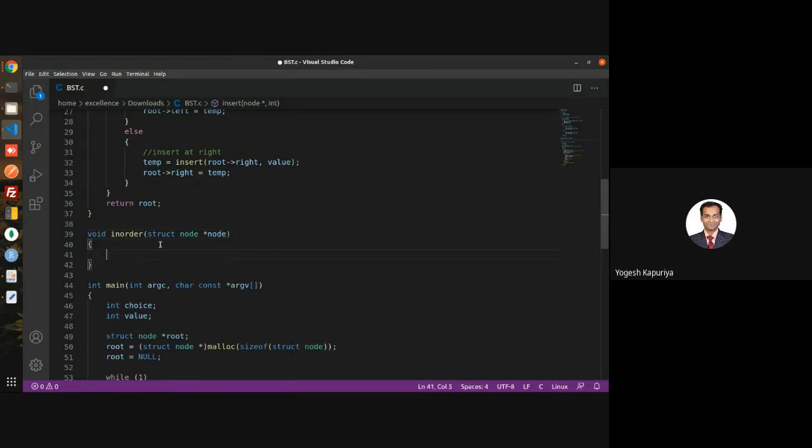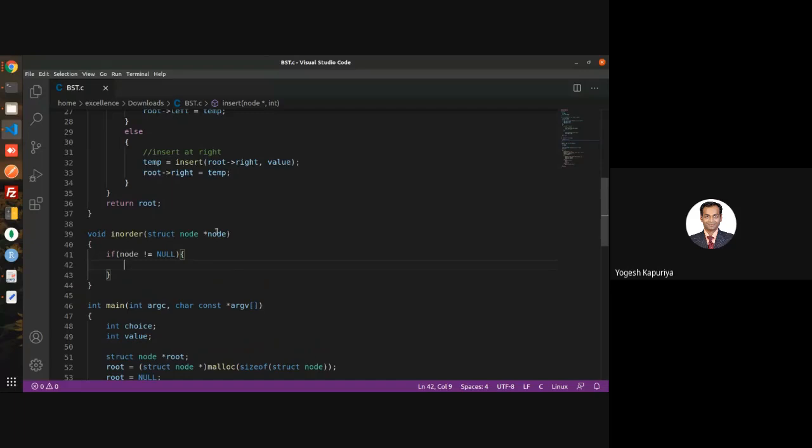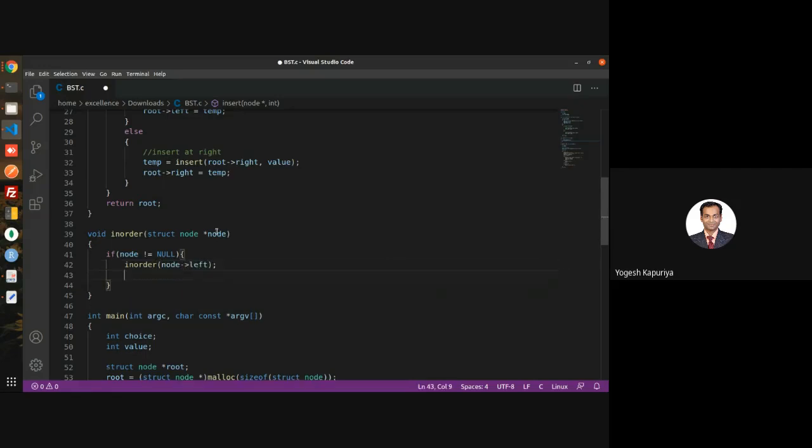It's an in-order traversal. First you need to check whether your node is not null, because you can't traverse a null node. If your node is not null, you first traverse the left of the node, then you print the node value.